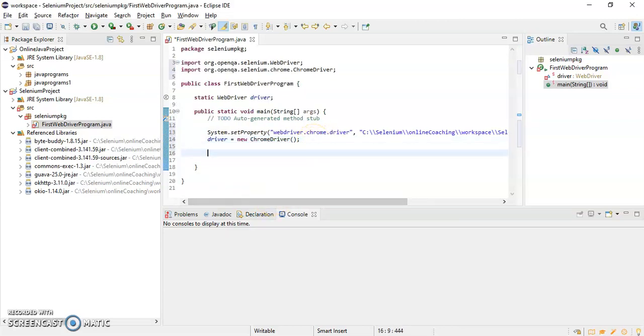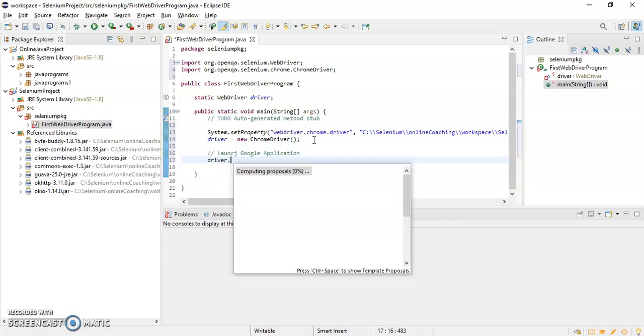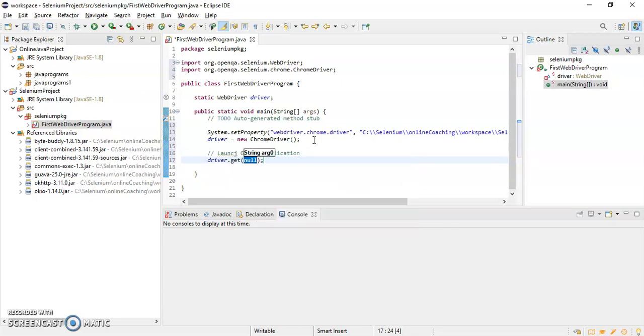Then to launch the application, I'll write launch Google application. I'll write here driver.get. Get is the method which is used for invoking your application under test. So we will write here https://www.google.com.